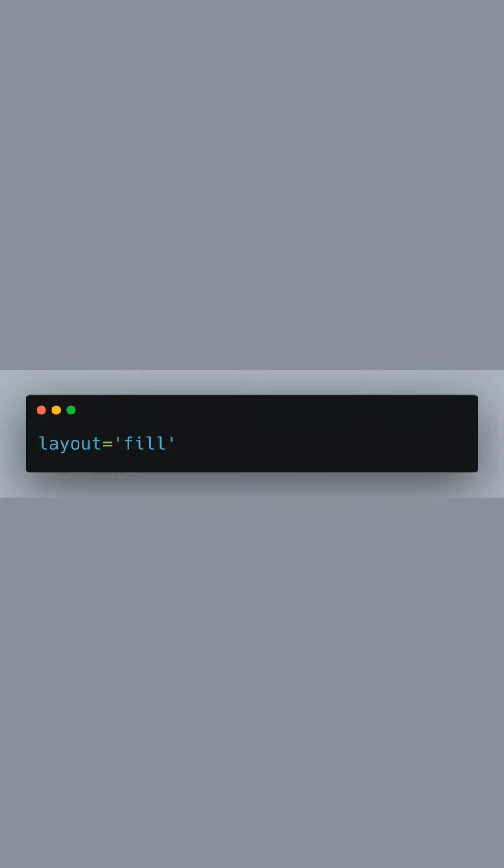We set the layout prop to fill, which tells the image component to stretch the image to fill the entire container while still preserving its intrinsic aspect ratio. By setting the object fit to cover, we ensure that the content is resized to maintain its aspect ratio while filling the element's entire content box. If the object's aspect ratio does not match the aspect ratio of its box, then the object will be clipped